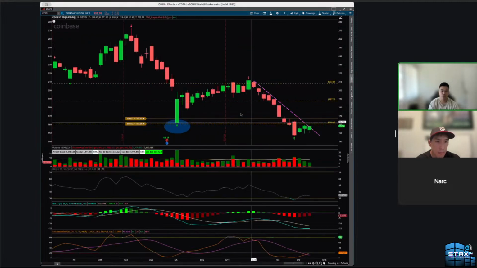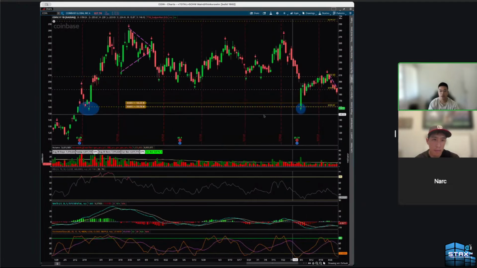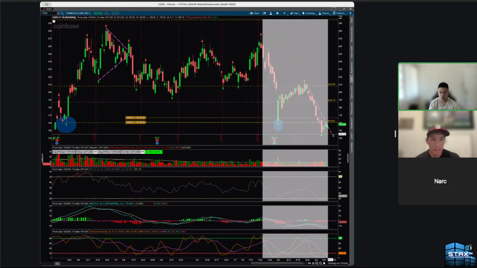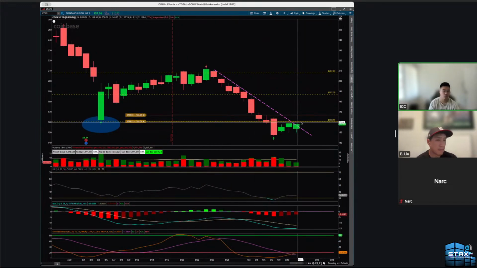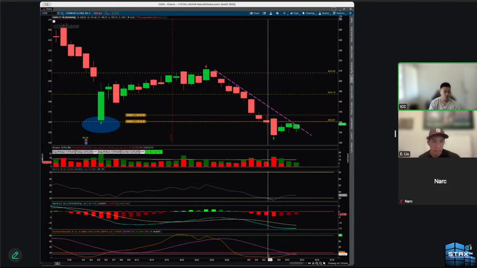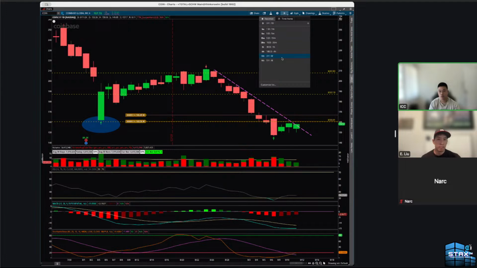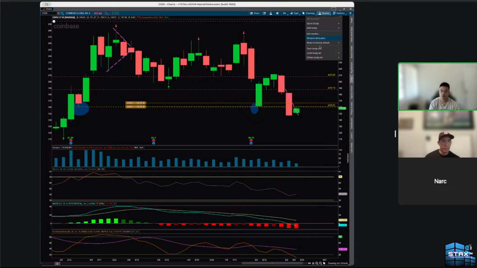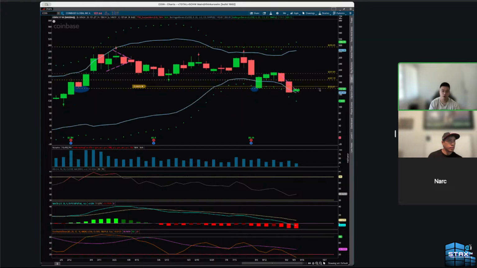Even if we weren't using Stax right now, keep in mind that on a daily time frame, if you're not used to thinkorswim, this was a level of support which we did break down on Coinbase. So the bear case would be that this is the retest now, and that from that 160 level retest, we could sell off further down. However, every other lagging indicator, such as the RSI and the stochastic slow, and even if I were to zoom out on a weekly or even a monthly time frame and use my Bollinger Band, I call it the BB finisher strat,